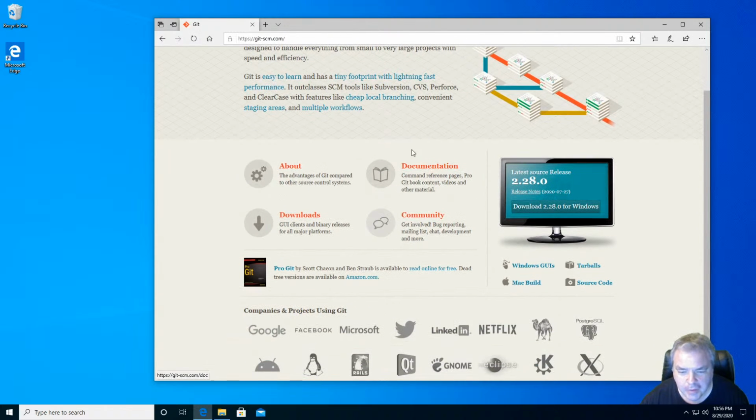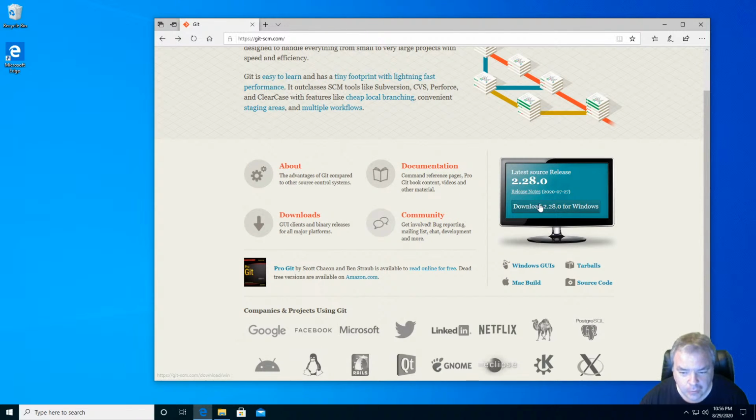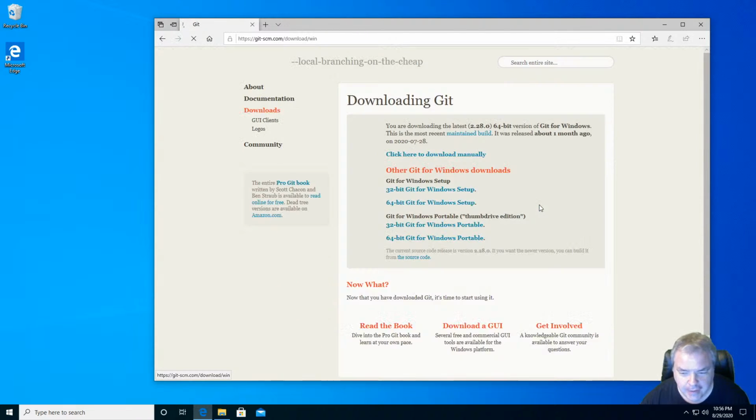So I'll go into more about this later. One really cool thing is the documentation for this, if you're interested at all. If you go to the documentation, there's an entire Pro Git book that's available to read online for free. It's pretty cool if you really want to know Git. Most people don't read that, but